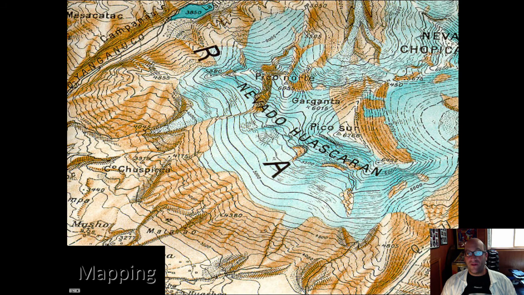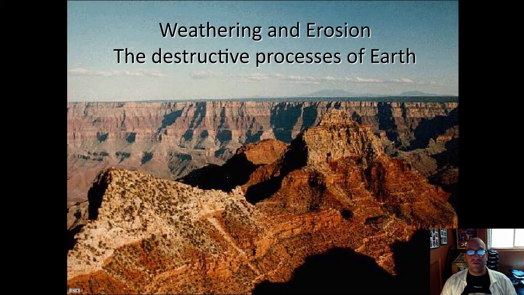We'll talk about topographic maps. This is a record of Earth's history, it's kind of like a textbook of Earth's history, so we'll definitely take a look at those. We'll take a look at the destructive processes of Earth. Where did this big hole come from? The Grand Canyon here. If this used to be filled with rocks, what type of power or forces within nature